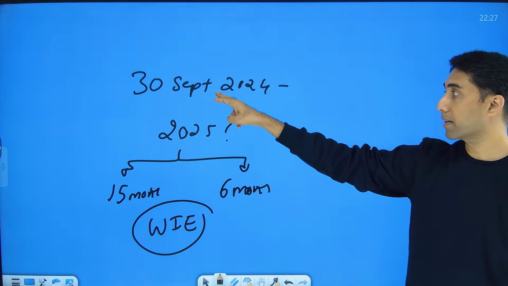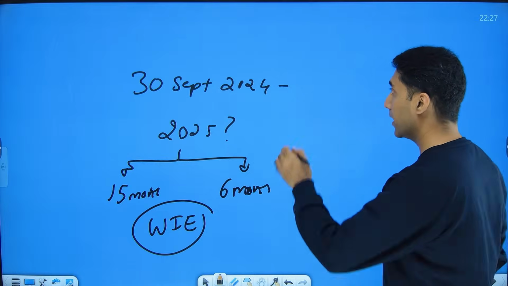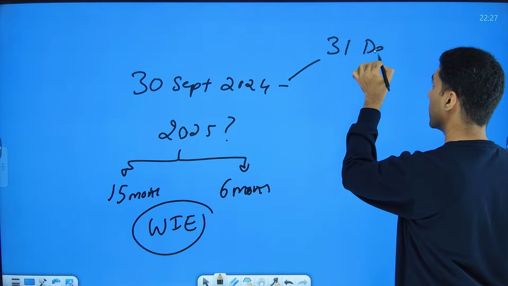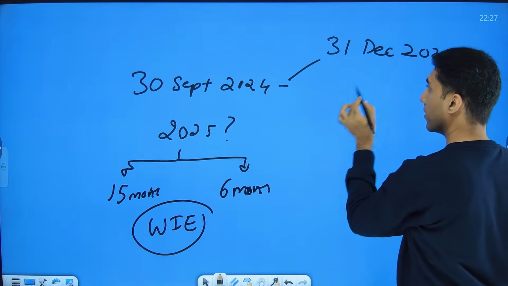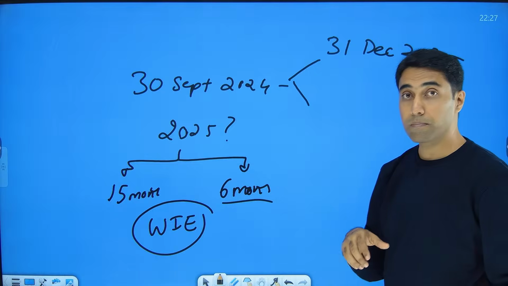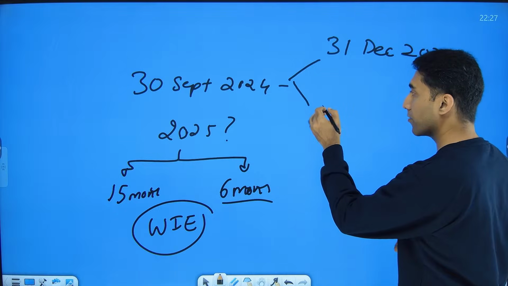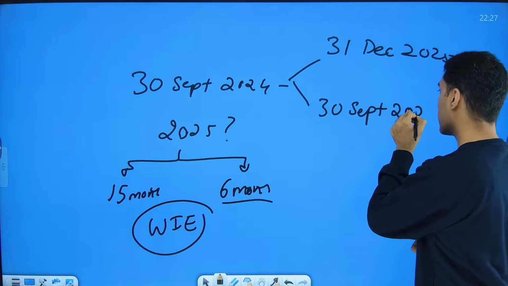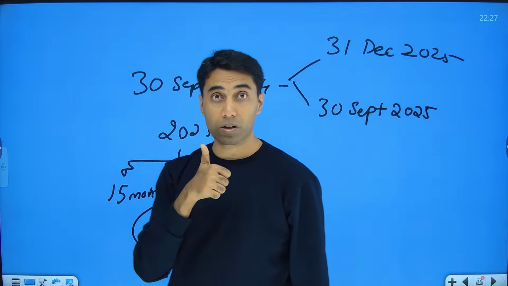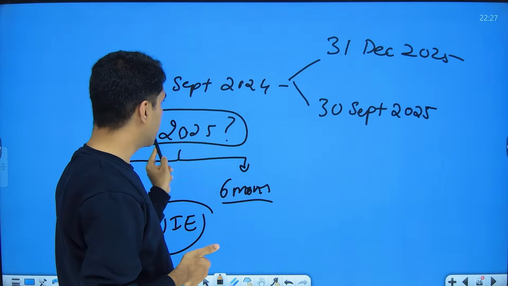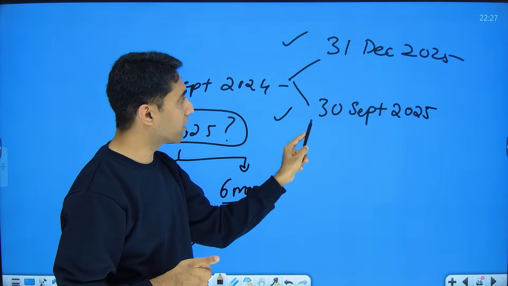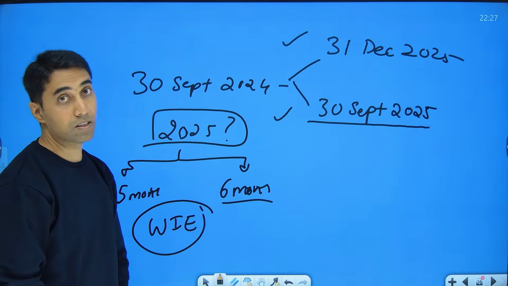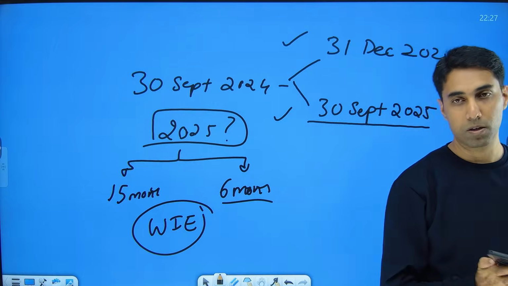So from 30th September, 15 months from previous AGM, what does it become? Let's say 31st December 2025, and this is 6 months from close of financial year. So financial year closes 31st March, so it becomes 6 months, 30th September 2025. So when should I hold the AGM for 2025? Is it 31st December 2025 or 30th September 2025? After you apply both these conditions, whichever is earlier. What is the answer? Please tell me.